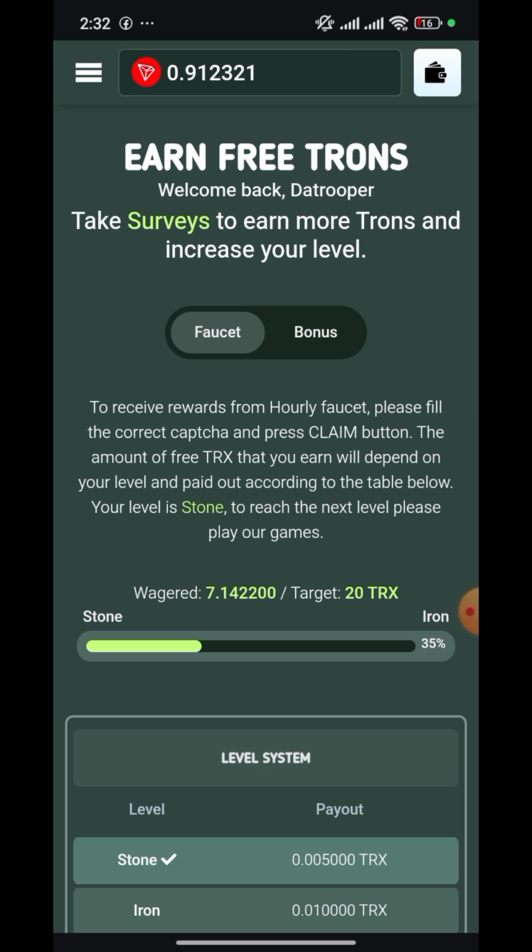After logging in, you will land to this home page. This home page shows you what this site is all about. Here you earn free trons by taking surveys to earn more trons and increase your level. To receive the rewards